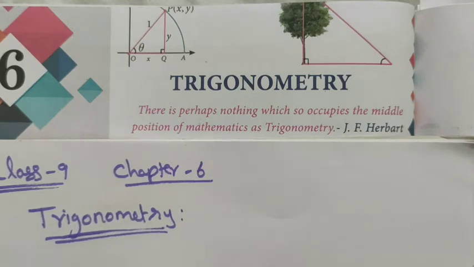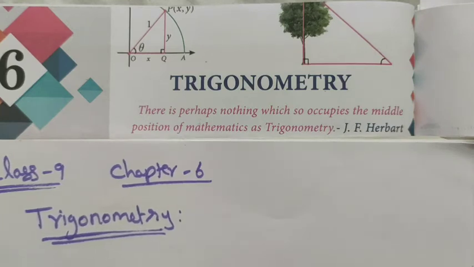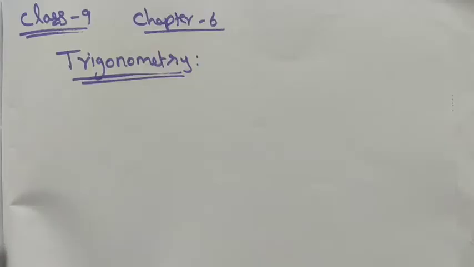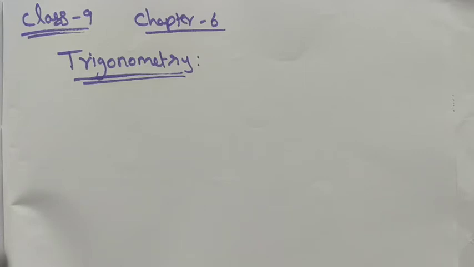In trigonometry, especially, we are using the triangle. The triangle is only a right angled triangle. In this chapter we are going to use only the right angled triangle concept, then only we can solve and find the ratios, angles and length. Other than the right angle triangle, we don't use any triangle, and it is not possible to find the length and angle measures using other triangles. So keep in mind, in trigonometry we are using only a right angle triangle.